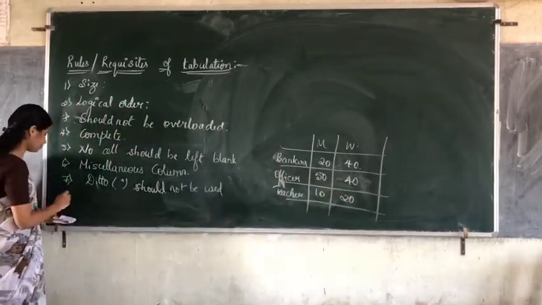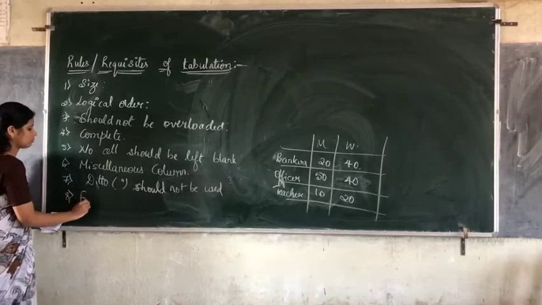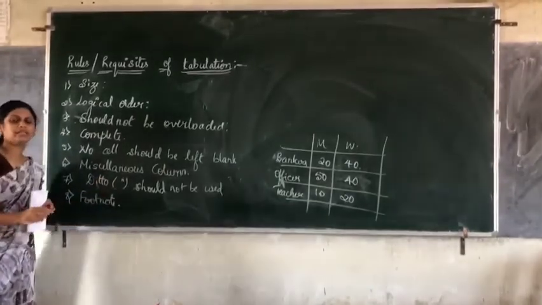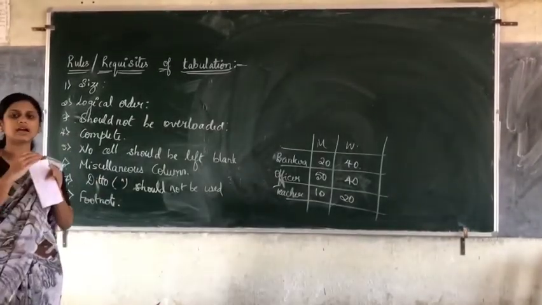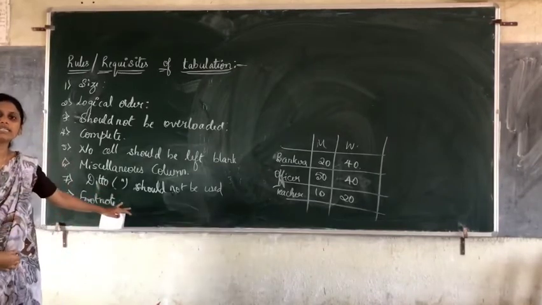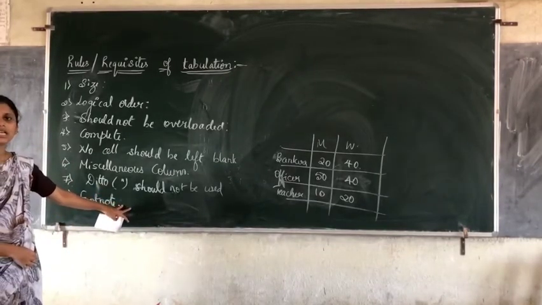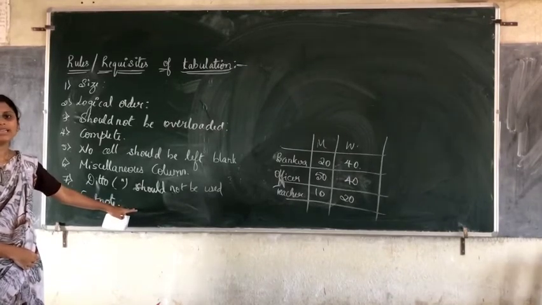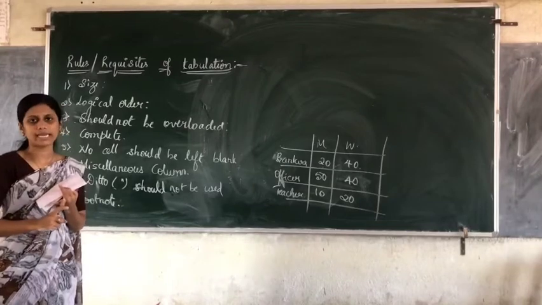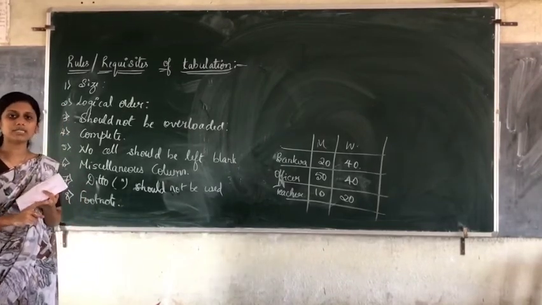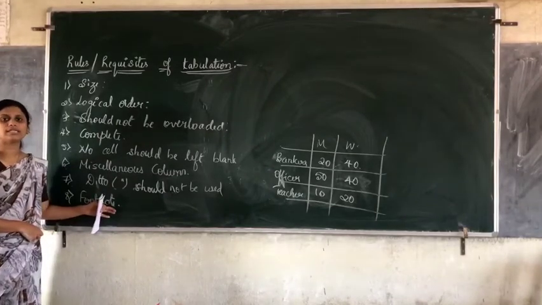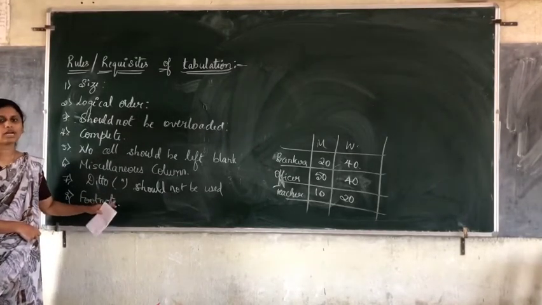Next, footnote. About this I have discussed in the parts of the table itself. The footnote is written after the body, after the table, that is below the table. Why do you write this footnote? A footnote is written either to give an omitted value, if you have omitted anything, or if you want to make any additions, or if you want to write any remarks. So while drawing the table, you should see to it that you write the footnote after drawing the table.